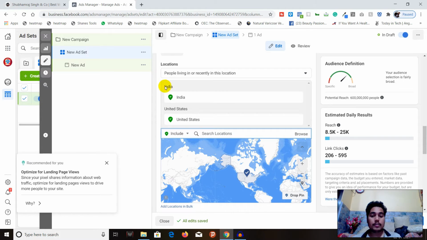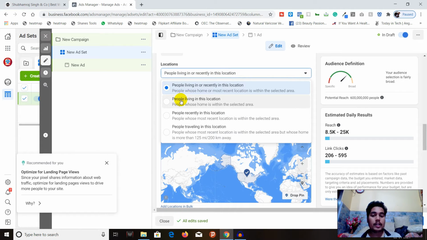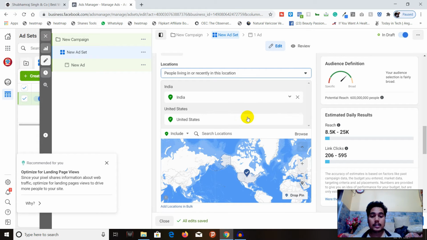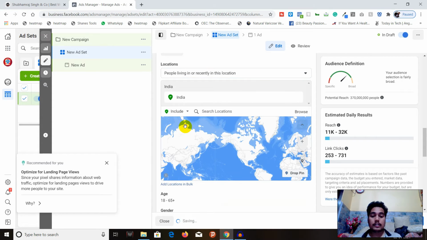I wanted to show the advertisement to people living or recently in this location. You can also choose people living in this location, people recently in this location, people traveling in this location. What I do is I always select people living in this location.